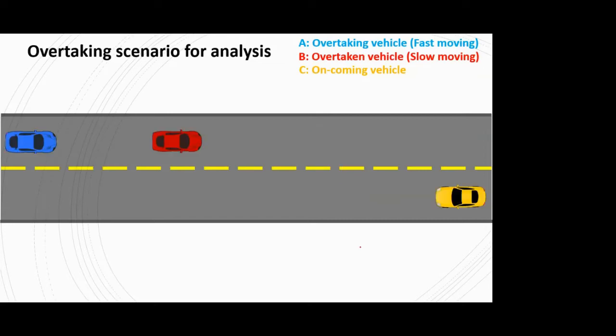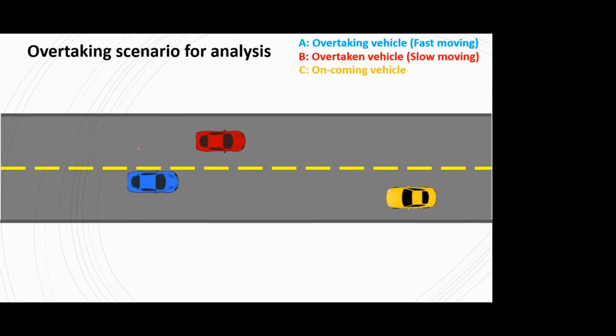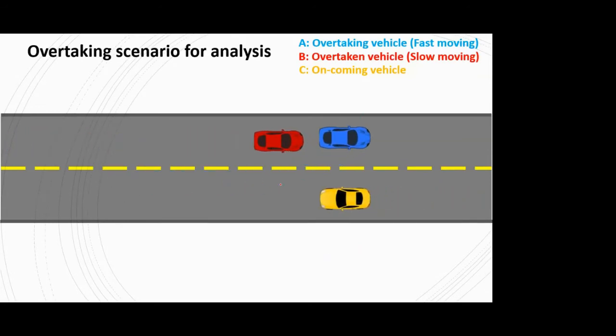Okay. So once again, if you want to see, it starts pretty early, but it just tries to fit in the gap between these two vehicles. So that is the most critical scenario, or the worst case scenario. That's why, if you recall, in the theoretical definition of OSD in the previous slides, there was a mention of minimum distance. Overtaking sight distance is the minimum distance. So why minimum? Because we are considering this very critical case that just when the oncoming vehicle comes close by, your overtaking operation is completed.